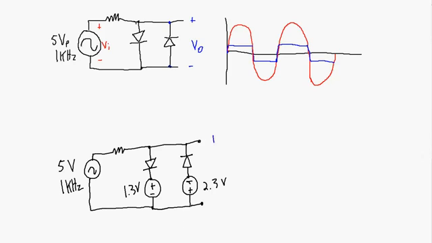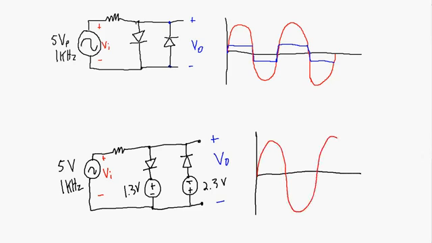I'll do my output in blue, V out, and my input is red. So what's applied by this sinusoidal source. And I'm going to need to plot this out. So again, I have a sinusoidal input with a 5-volt peak. And let's take a look at what happens at the output when we apply this input signal. Well, this input,